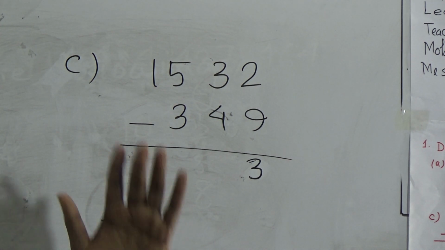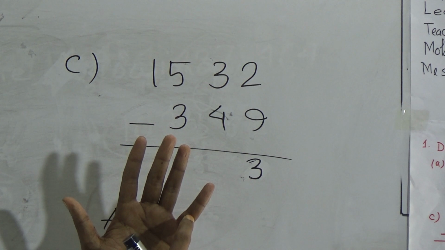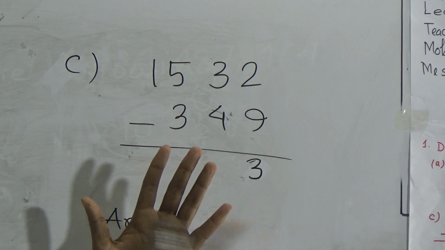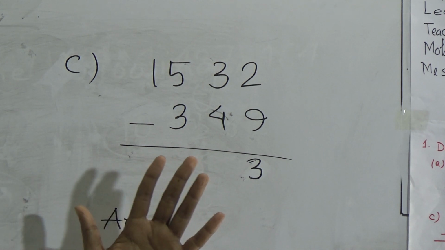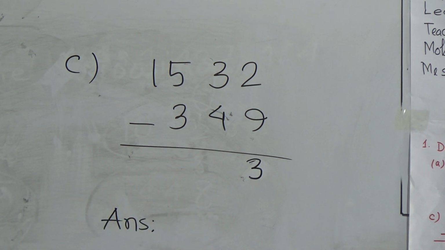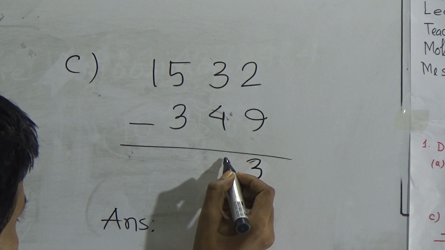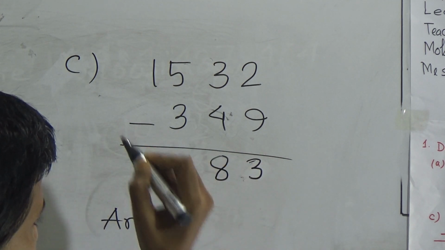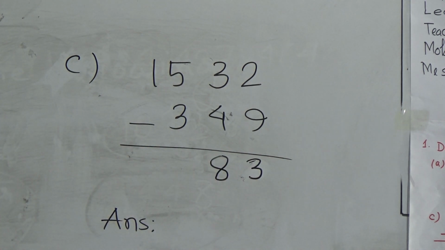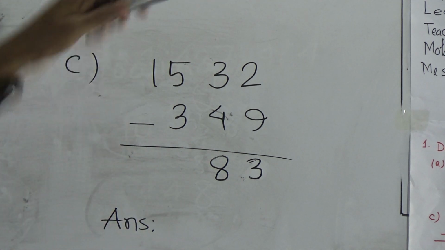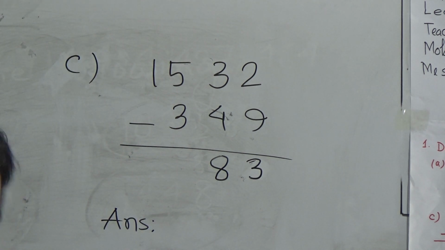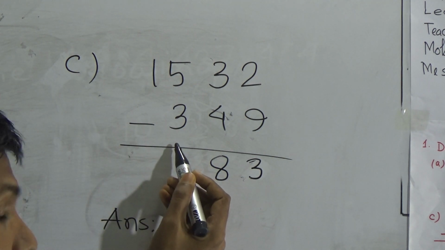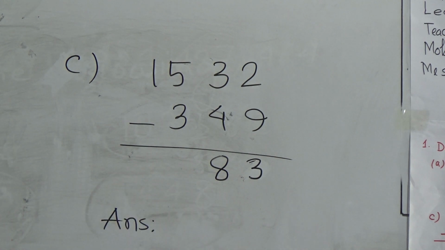Okay. 5, 6, 7, 8, 9, 10, 11, 12, 13. That means how many number? 8. Right here, 8. Okay. Again, you see, as you consider 3 as a 13, so you have 1 in your hand. So 1 plus this 3 equal to what? 4. 3 plus 1 equal to 4.